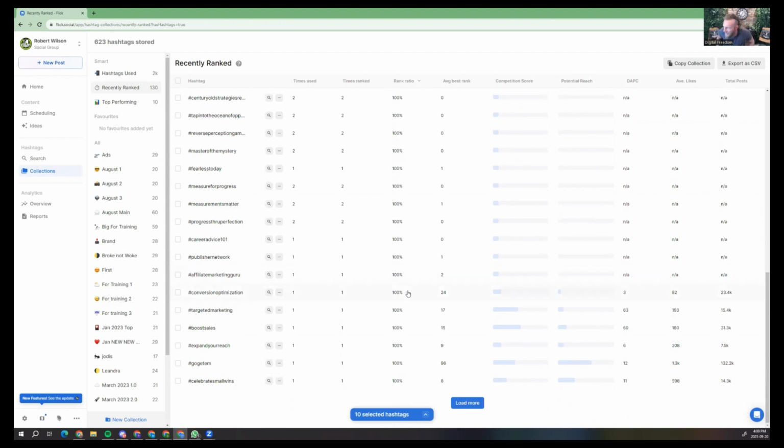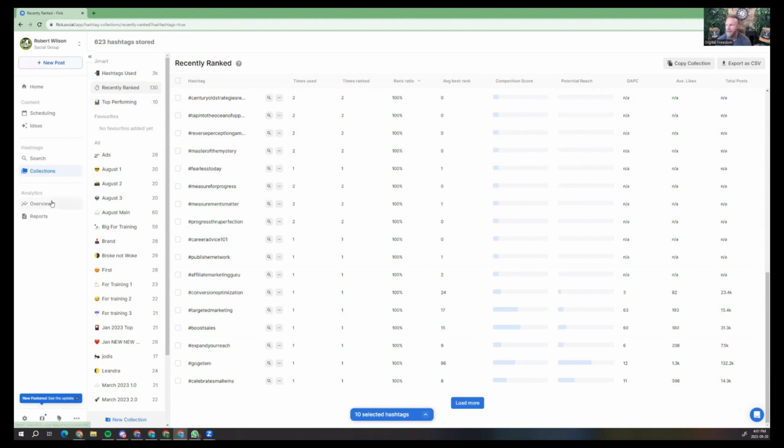And you can see that our account is a little bit of a smaller account. We're just starting to build this one. So you can see that the smaller hashtags are the ones that are ranking for us more often because we're building up. So you get the lower competition ones you'll rank on the most. That's why it's so important seeing we're ranking 100% of the time, because it's super, super low, right? And that's the power of this, right? So that's how you'd be leveraging this and how you'd be able to use the same hashtags over and over again.